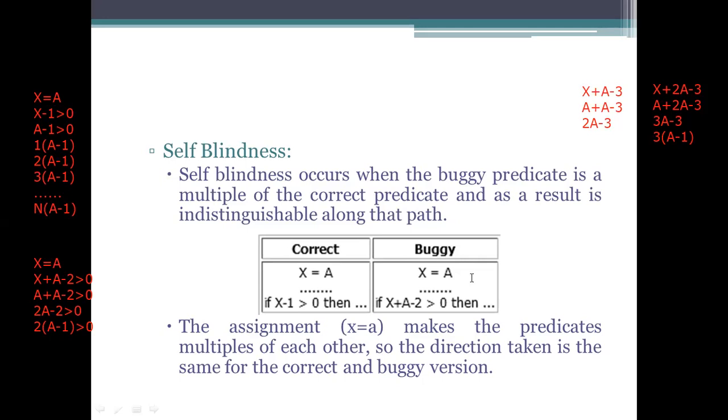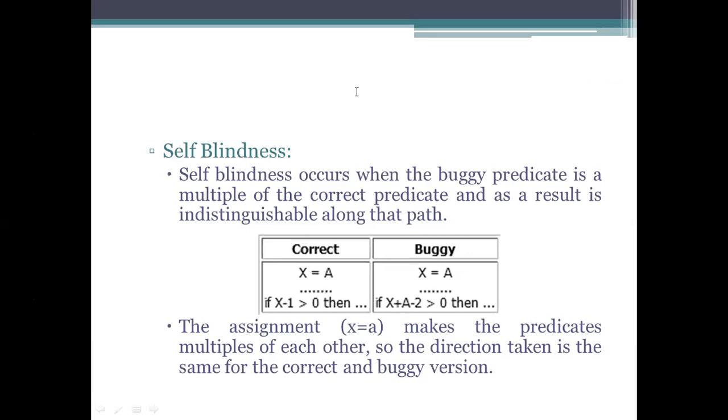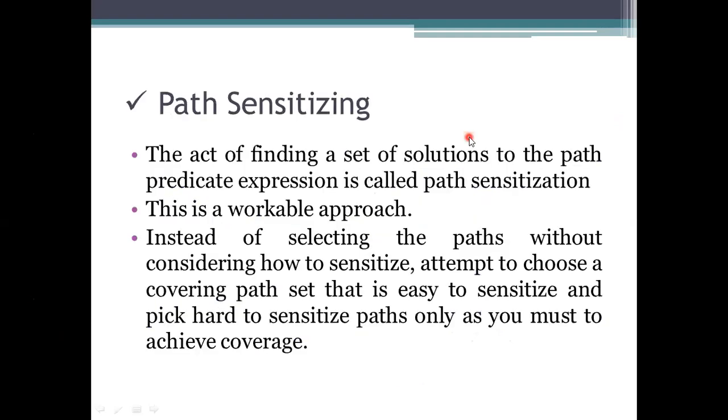Self-blindness means unknowingly you have been taking the expressions you have chosen, taking the assignment statement into that expression, assigning a value into that expression. It allows you to process this in the wrong way also. Okay, so that's the self-blindness.